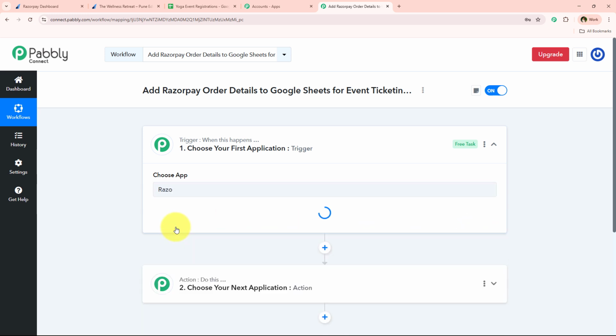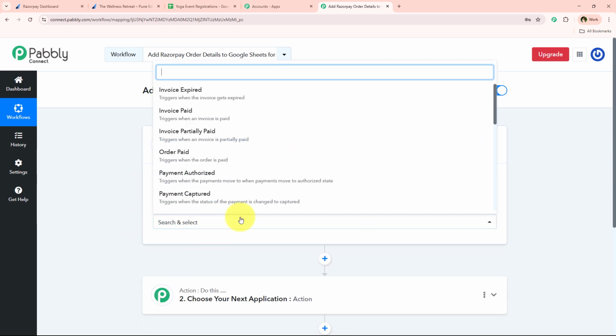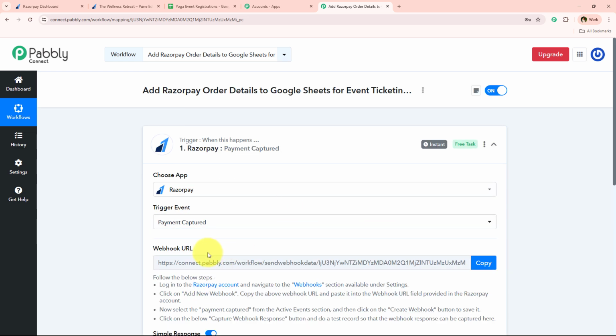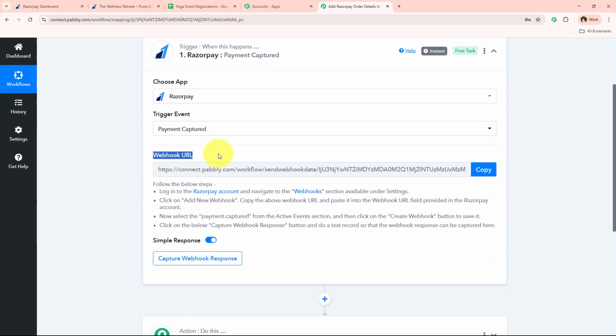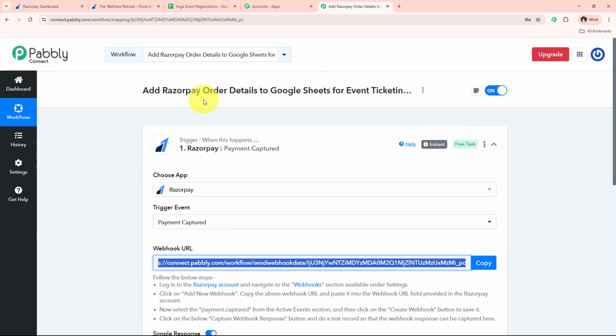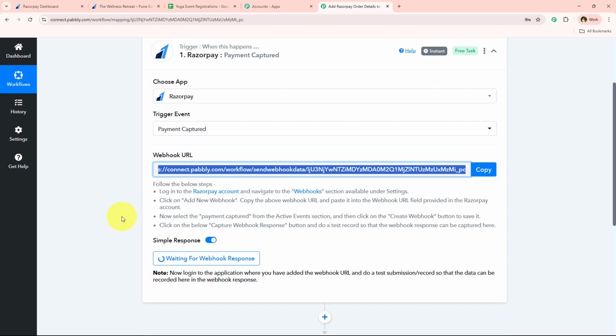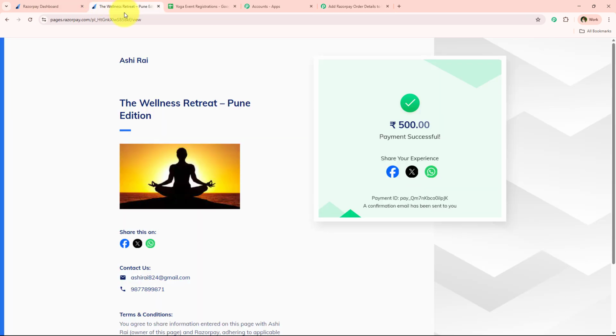So I'm just going to search for Razorpay and select it, and now for the trigger event I'm just going to simply select it as payment captured, and now it is giving me a webhook URL. So we are just going to use this same webhook URL in order to create a connection between my Razorpay account and my Pabbly Connect workflow. So I'm simply going to copy this webhook URL, and then I'm just going to open my Razorpay account,